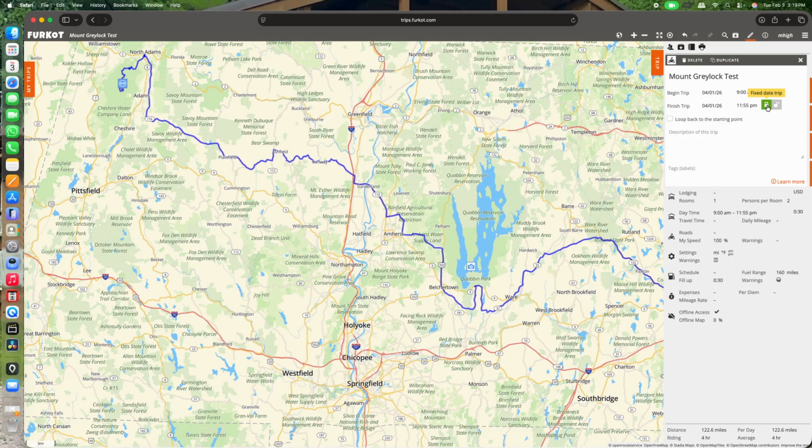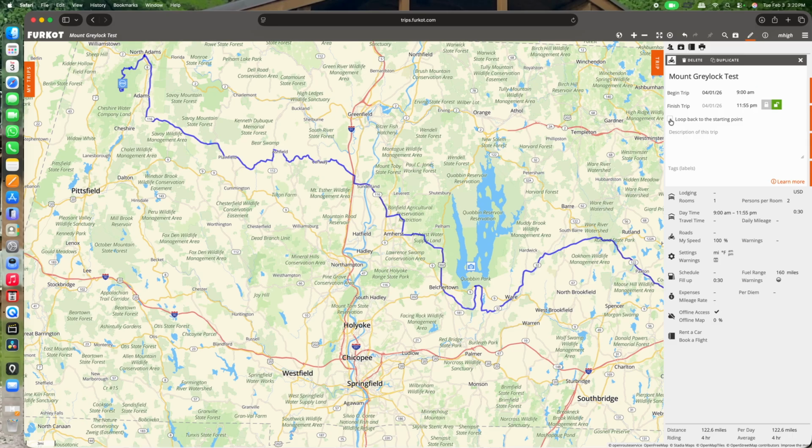Now there are 2 buttons here. This is a fixed date trip, or I can open-end this thing. Most of the time, if you're doing just a 1-day trip, fixed date trip is fine. If I'm doing anything more than a 1-day trip, I do open it up. Make this an open-ended trip, okay? Because what I may do is decide, oh my gosh, I thought this was going to be a 1-day trip, but it's going to be a 2-day trip. And so if it's open-ended, I can insert a hotel in here anywhere. And it's just going to be much easier to use the features of Furkot if I do that. So whenever possible, I suggest doing an open-ended trip.